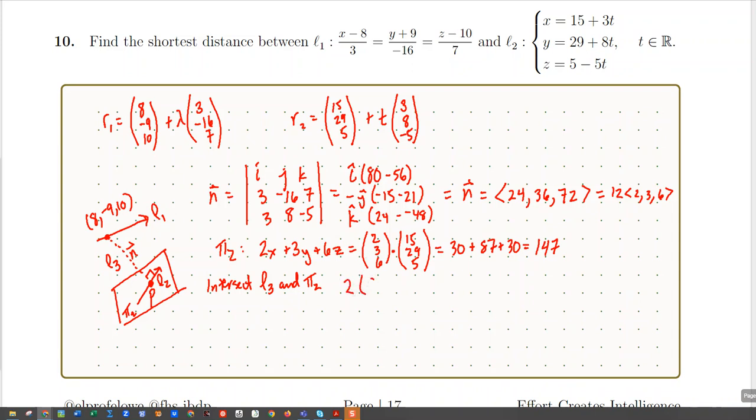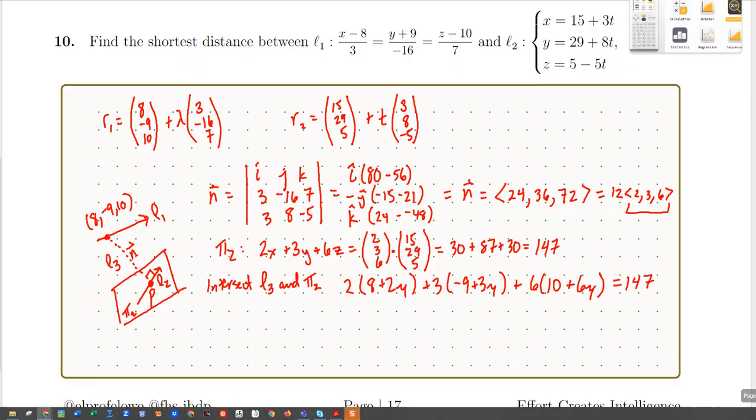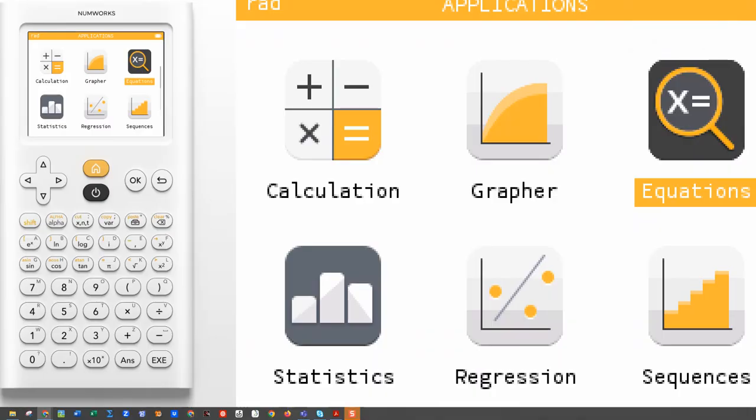So I can have 2 times 8 plus 2 mu plus 3 times -9 plus 3 mu plus 6 times 10 plus 6 mu being equal to 147. Once again, the directionality for this line 3 is the normal vector, and that normal vector has directionality 2, 3, 6. So I could look to solve that by hand, but maybe I have a calculator that can help